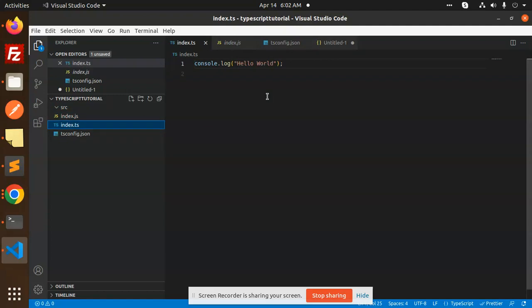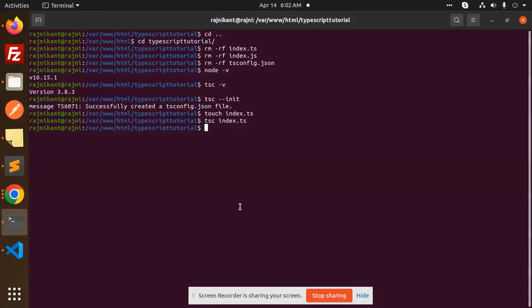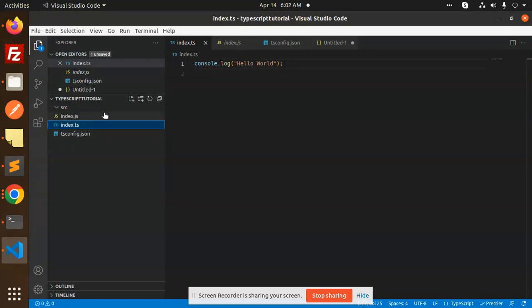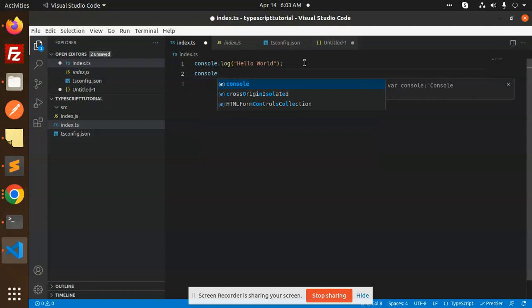So how to run a ts file into your server? So I will let you know in the next video. Thank you so much, this is the setup of that full TypeScript. So we have successfully set up the TypeScript, and you can see that we are generating the JavaScript here. So it automatically generated whatever the code I have written down over here, console.log,